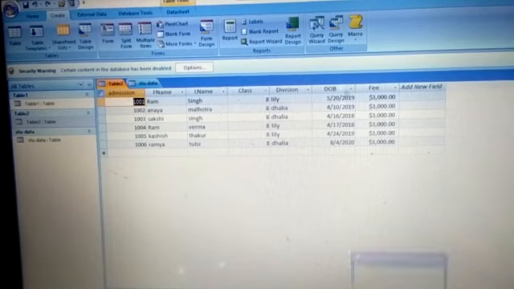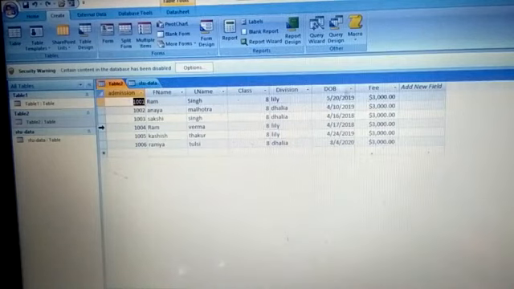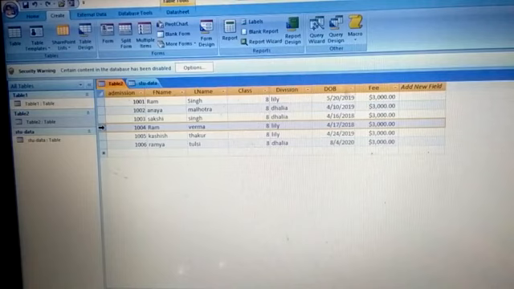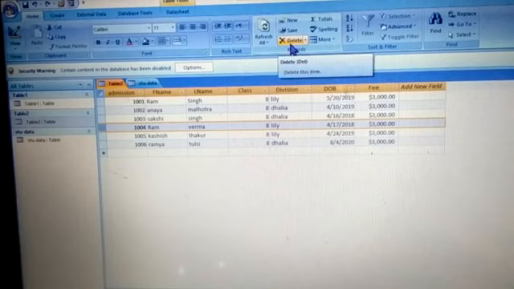Now second step, after opening a table, you will click the record you want to delete. So you will select the record you want to delete. So if I want to delete this record, which is admission number 1004, what I will do, I will click on this, fine. Then I will go to the Home tab. On the Home tab, children, you can see a Delete option here, and that too in the Records group.